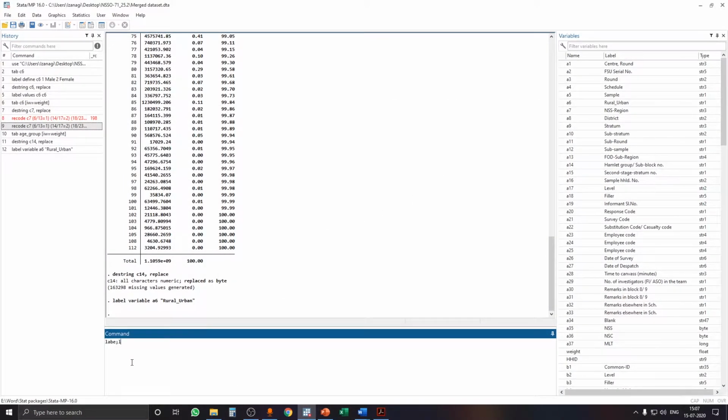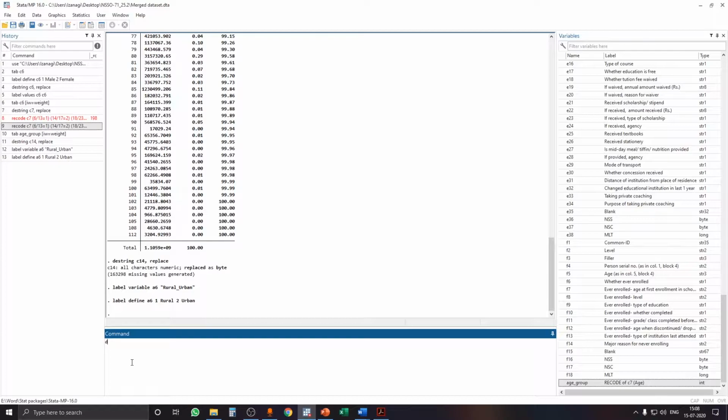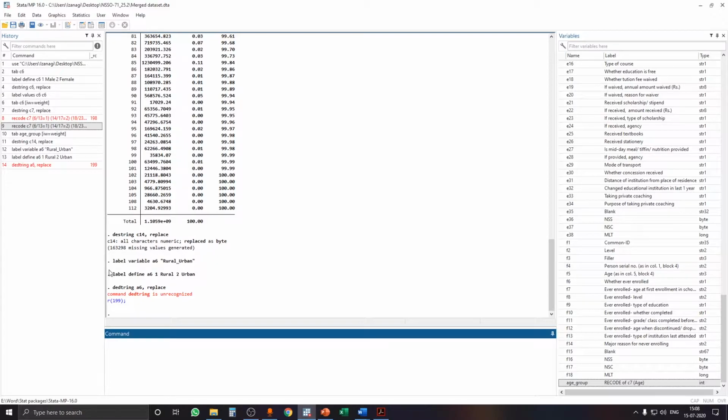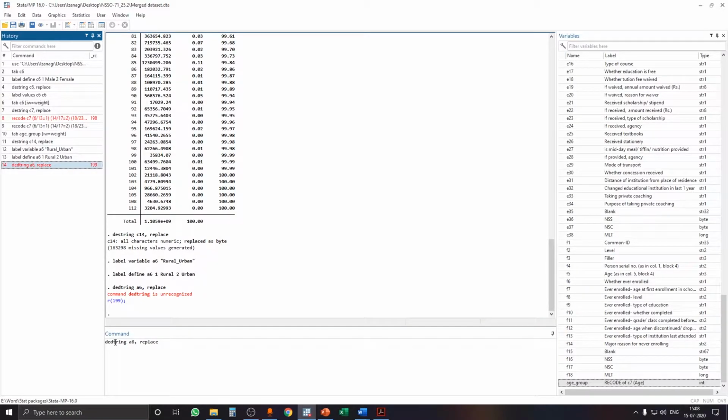So label define variable is a6, so a6, 1 is rural, 2 is urban. Now we will destring the variable, destring a6 comma replace, sorry, I mistyped destring,